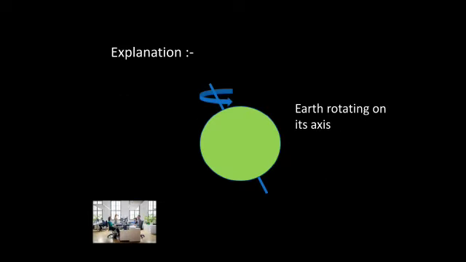Let me explain in another way. We all know the earth rotates on its own axis. This axis is an imaginary line. Now just look at the picture given at the bottom on the left side. This is the picture of an office, right? There are many people who all are sitting and one is standing. If we take any one person as an observer, what are all the rest doing? They are sitting or one is standing. They all are at rest. They are not moving. But are they really at rest?